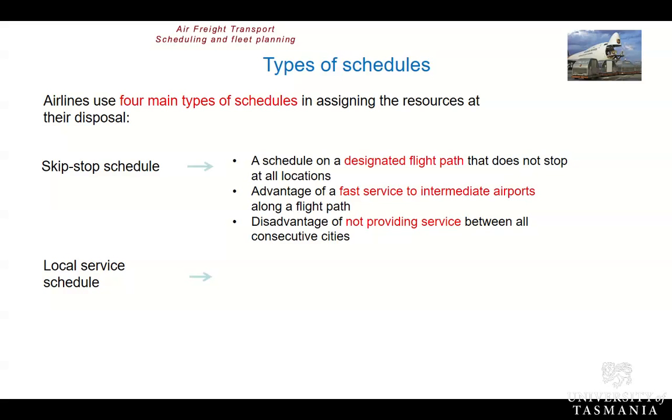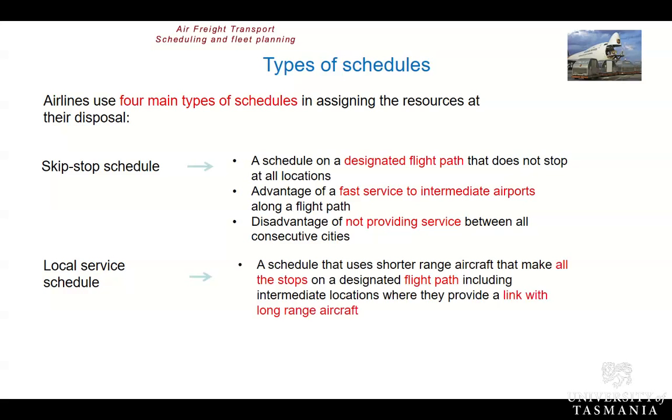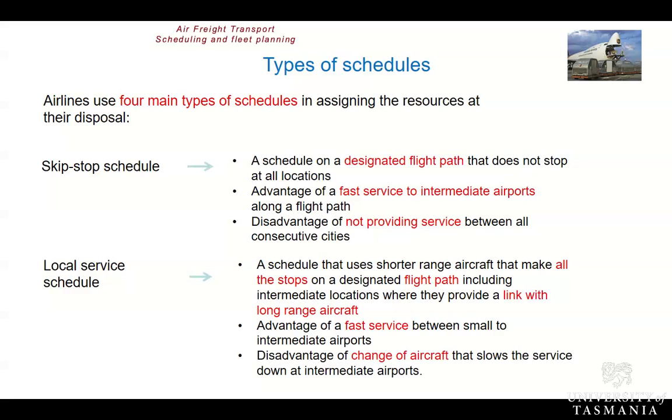The other option there is a local service schedule. Now, your local service schedule is typically going to use a shorter range of aircraft, and along a flight path, it's going to stop at every airport along the way. So, including intermediate locations, and that gives them generally an opportunity to move on to a larger aircraft for a longer range flight. Advantage of this one is that it's a fast service for those smaller airports to intermediate airports,